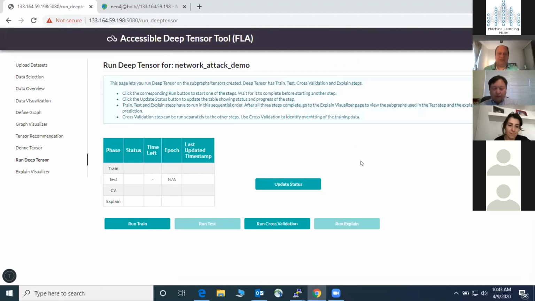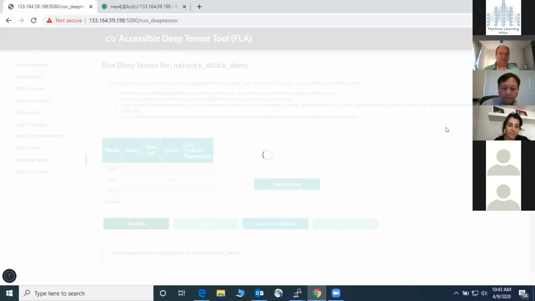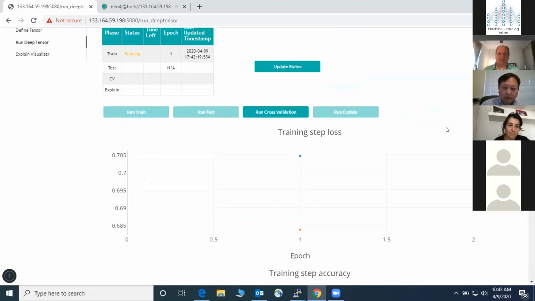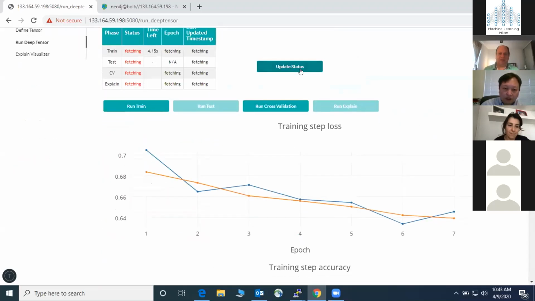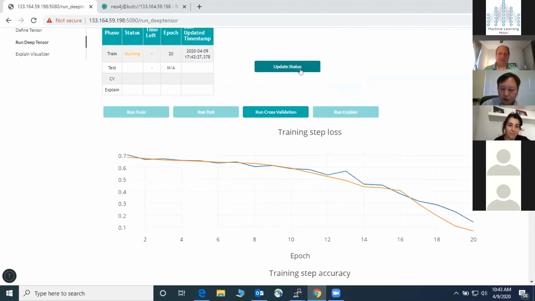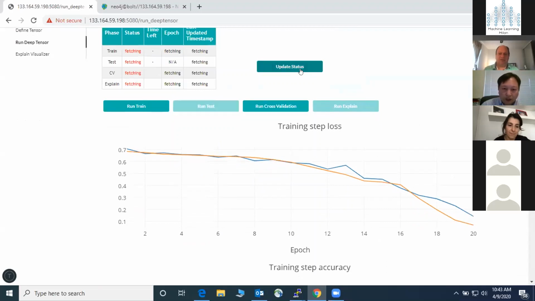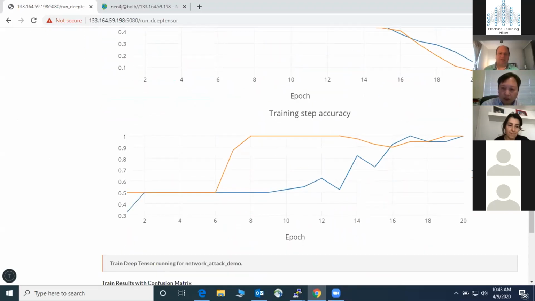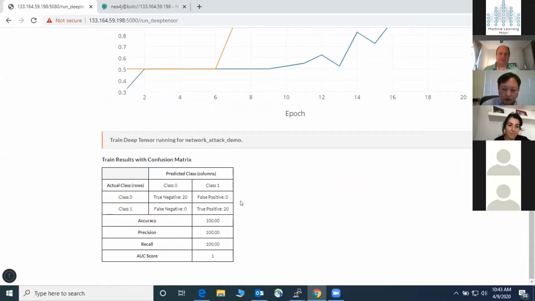So at this point, the tensor has all been created and we're ready to run the neural net on the tensors. As you can see, as this gets run, there's good converging going on. And because the data is really simple, the testing fits real well. I mean, we are definitely easily able to classify the